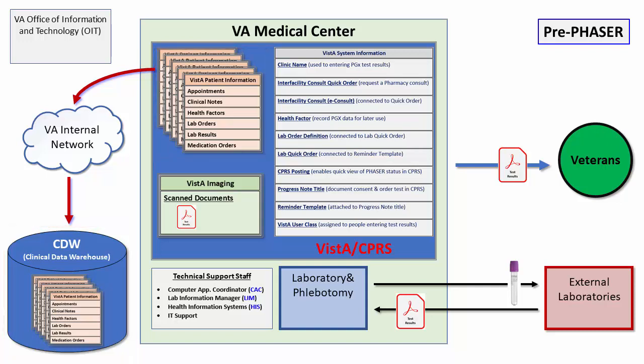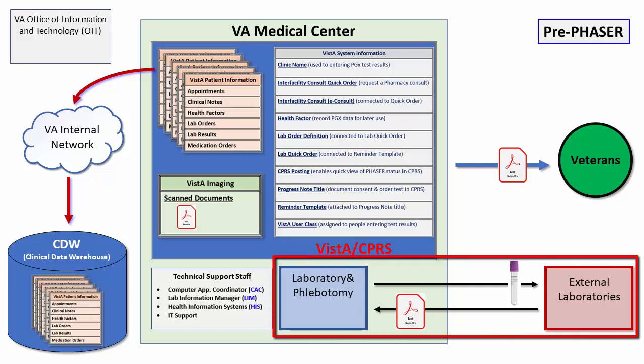Next, each VistA instance has a series of configuration tables that are tailored for each VA medical center. They contain information such as clinic names, available lab orders, parameter settings, user profiles, progress note titles, and lots of other information. Every medical center has a lab that performs tests locally and also sends some blood specimens to labs outside the VA who perform the test and return the results either electronically or by sending back a printed test